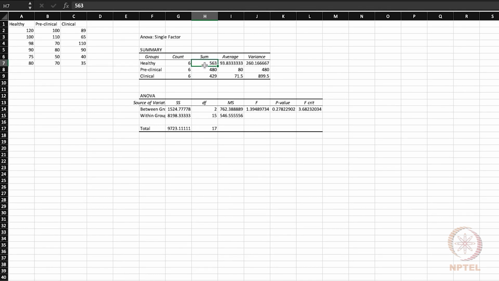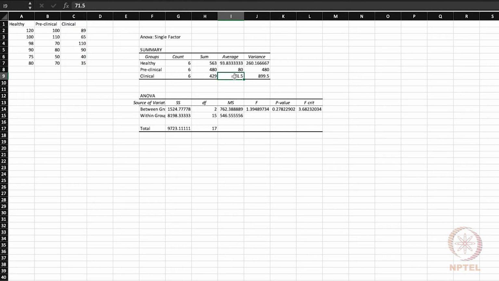For example, if you add all these values in the first column, you should get a value of 563. Similarly, 480 for the preclinical sample, which is now highlighted here. And for the clinical sample, this number is a summation of the numbers given in the third column.